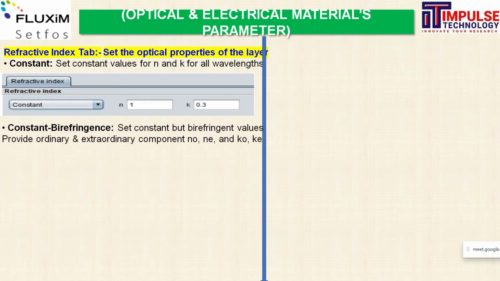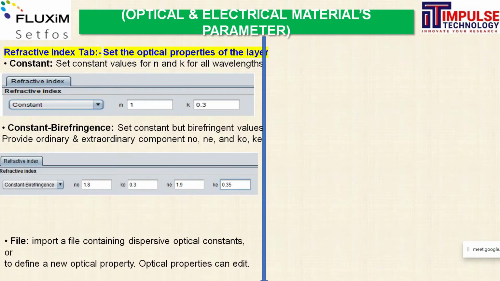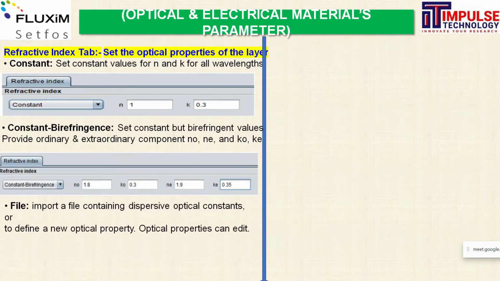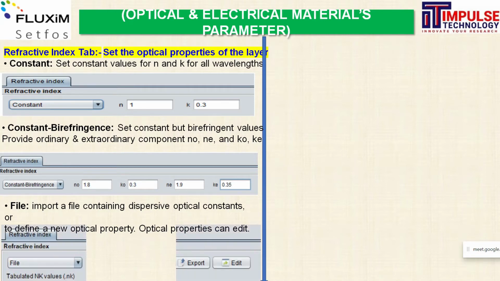You can define that refractive index value, either as a constant or as a Cauchy model, with ordinary and extraordinary components of real and imaginary data. Along with that, you can also define the dispersive optical constant. Suppose the material is dependent on the wavelength, then you can also set the wavelength-dependent material parameters.